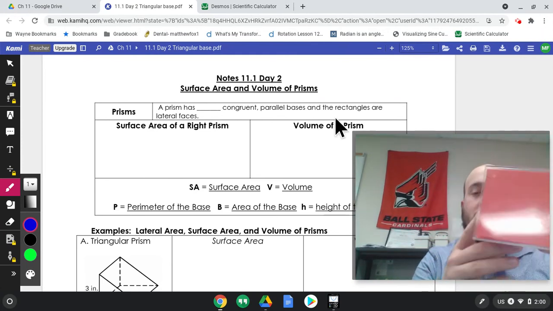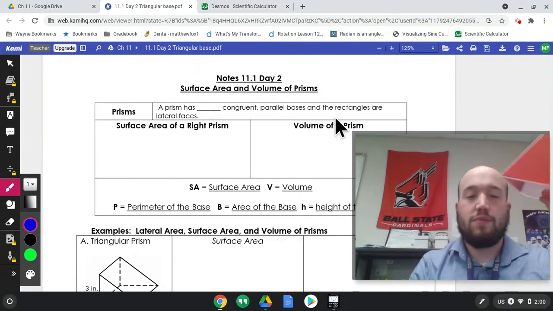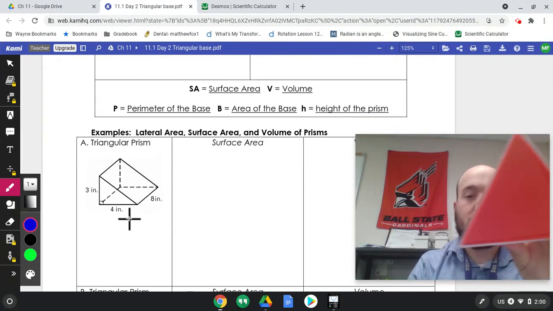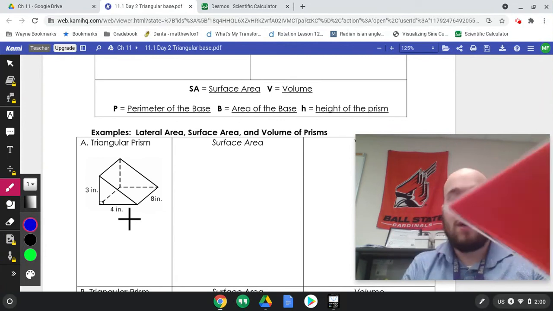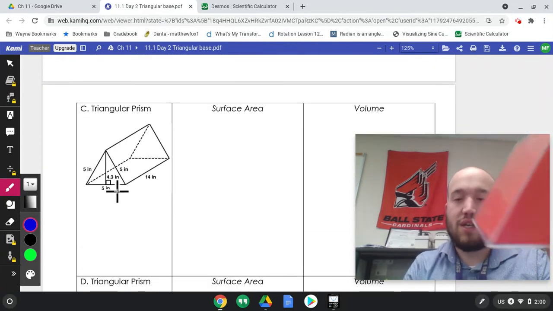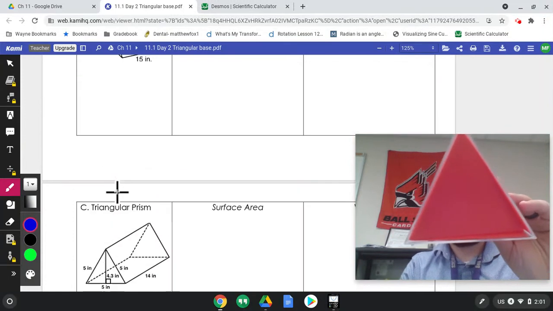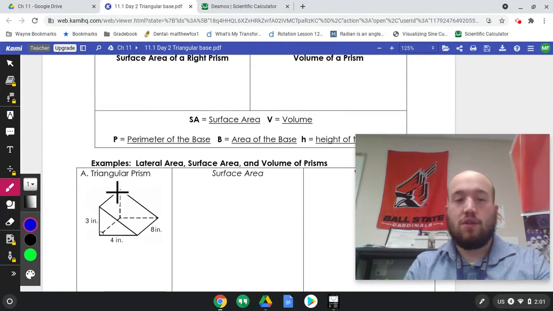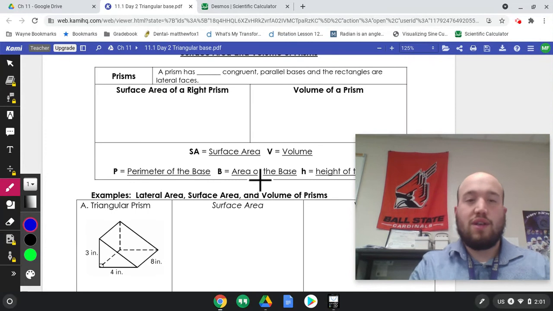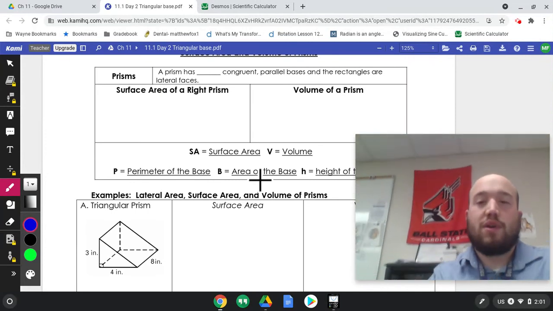Okay, now ours won't look exactly like this. Not all of them. Some of them will. As you can see on this first example, there's a right triangle there where my example does not have that. But some of my examples, like this one, is what my example looks like, but it's the same concept. Okay, so with a triangular prism, just like what we did yesterday, it's still going to have two congruent parallel